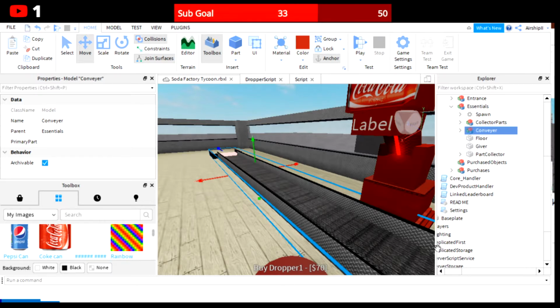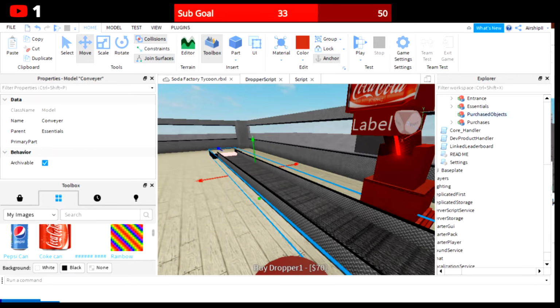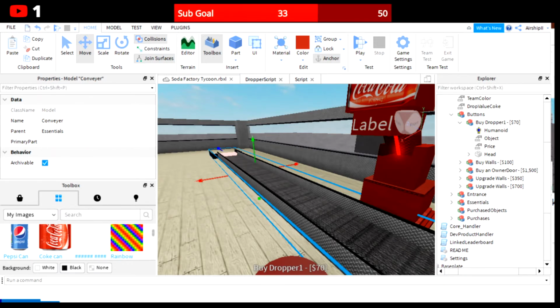So in the next episode, we should be able to hook those up and ideally start doing some of the theming of the first floor. We should be able to hook the walls up and maybe even get started on some of the second floors. So while I fix the buttons,